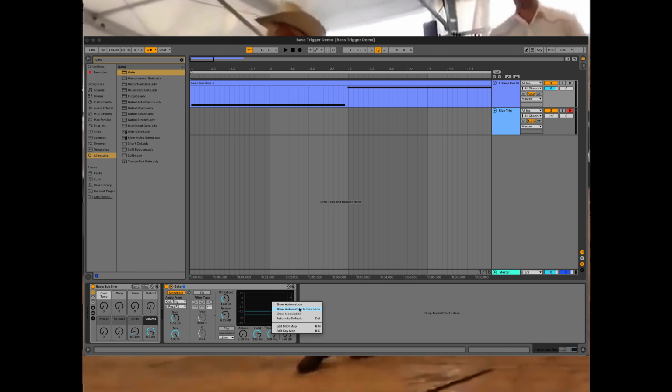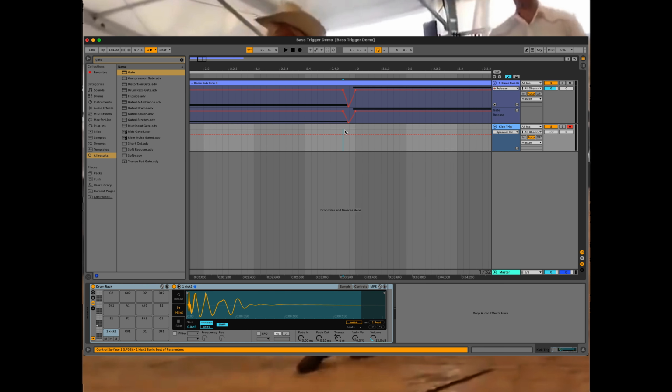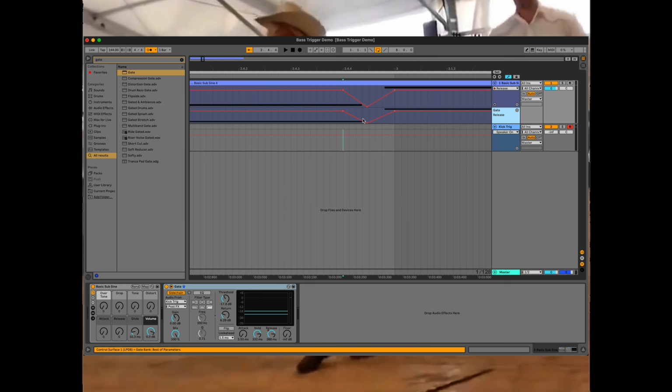So, add automation in new lane. So we're going to take this and this point. It should really be on the bar, but anyway, you'll see what I mean. Let's zoom in a little bit as well. Sorry, as I said, I'm not a native Ableton user, so I find this a lot easier in Logic. Anyway,